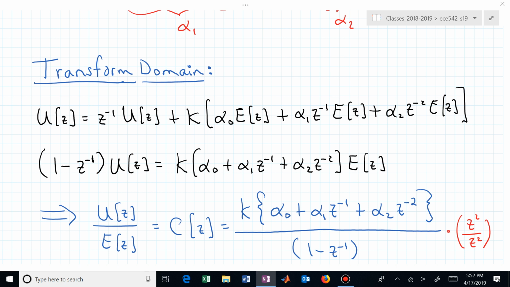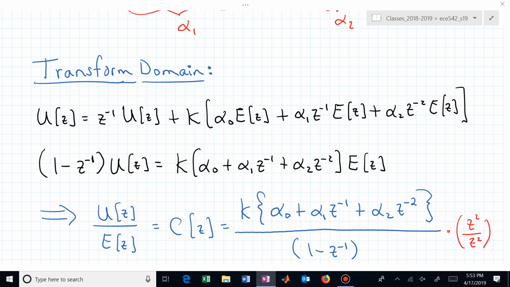Why would I want it in terms of z to the minus 1? Because shift happens, because that's easy to go back into the time domain and write that as a difference equation if you wanted to. If you now had it in terms of these z to the minus 1 operators, you could immediately go back into the time domain and say, oh, here's my difference equation, and I can program that into my embedded system. But here, if we want to think about it in terms of poles and zeros, having it in terms of z to the minus 1s might not be very intuitive.